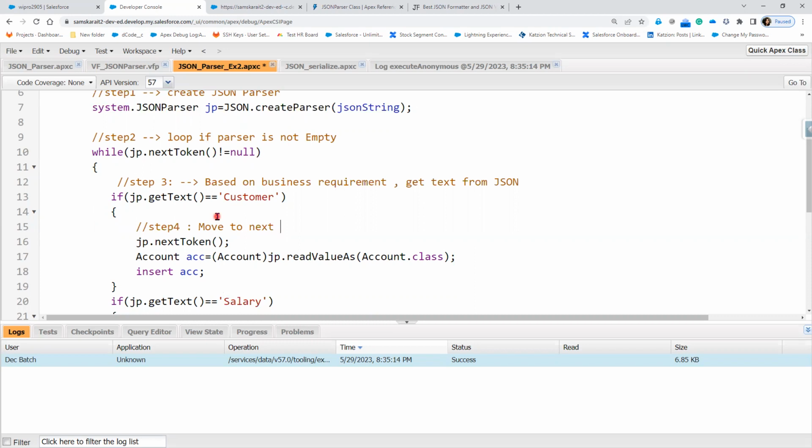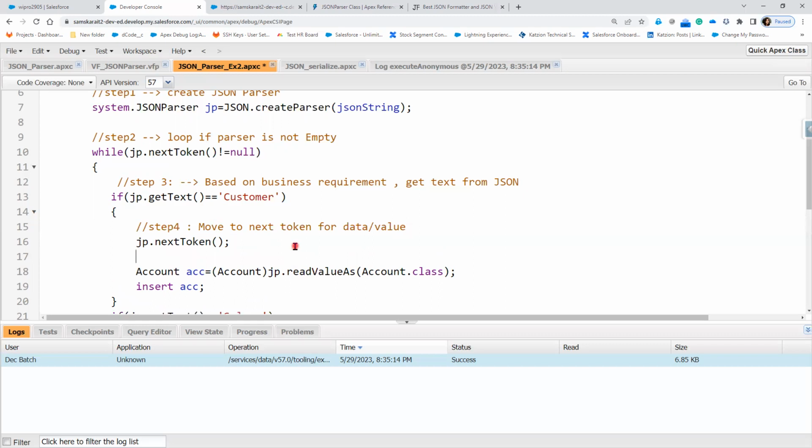Now move to the next token for data or a value. Once we move to the next token, step 5, you need to read the values